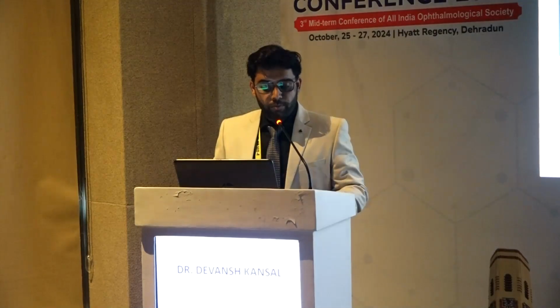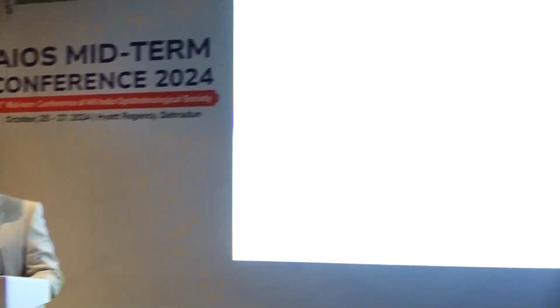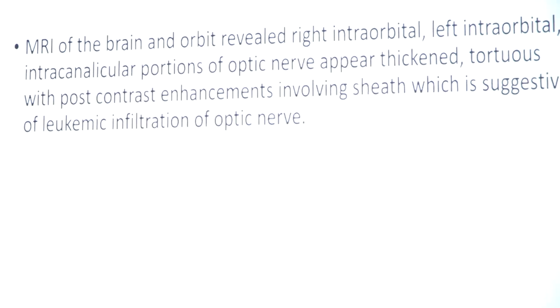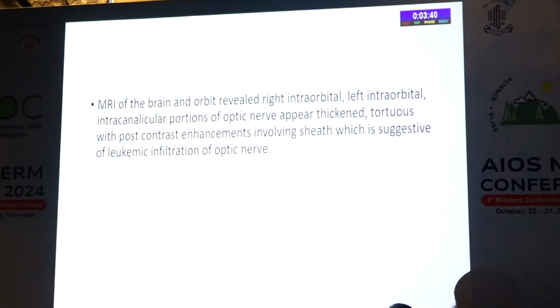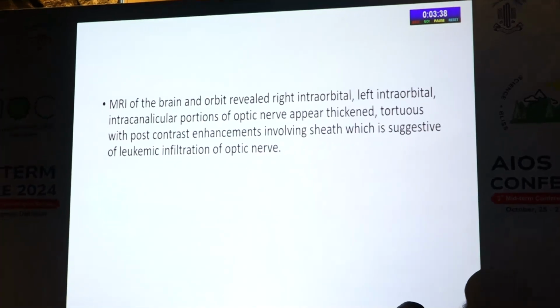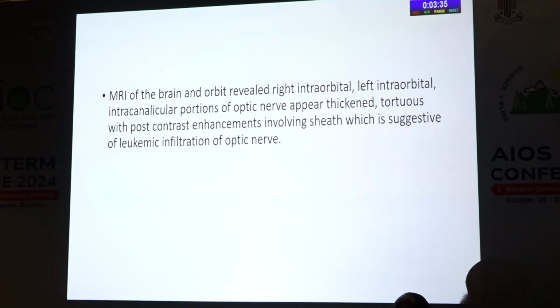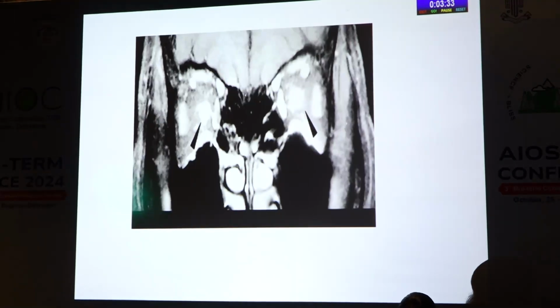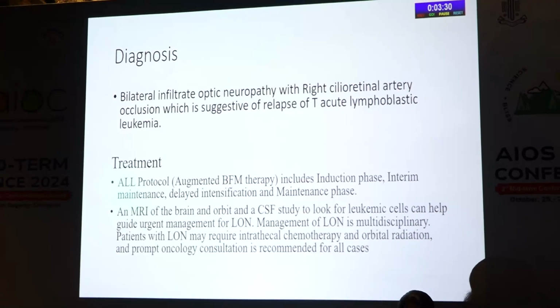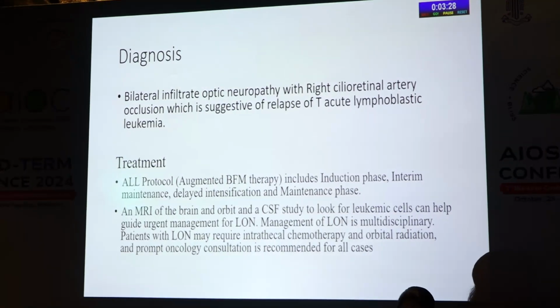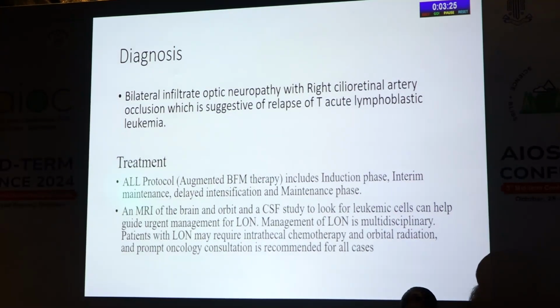On ocular examination, the perception of light was negative in both the eyes, and the fundus examination revealed disc edema with pallor in both eyes, with peripapillary superficial hemorrhages, exudates with dot hemorrhages at the posterior pole. MRI of the brain and orbit revealed that the right intraorbital, left intraorbital, and intracranial portions of the optic nerve appear thickened, tortuous with post-contrast enhancement involving the sheath, which is suggestive of leukemic infiltration of the optic nerve. The diagnosis was made of bilateral infiltrative optic neuropathy with right cilio-retinal artery occlusion, which is suggestive of relapse of